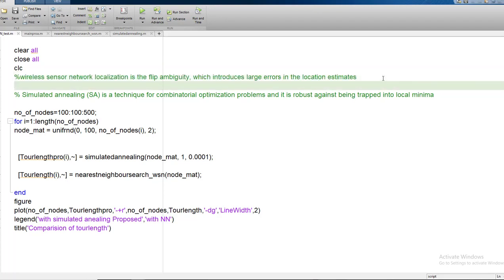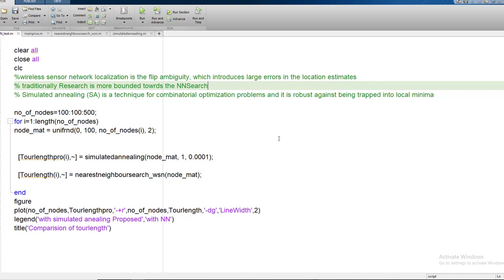Traditionally people were more bound toward the nearest neighbor search.